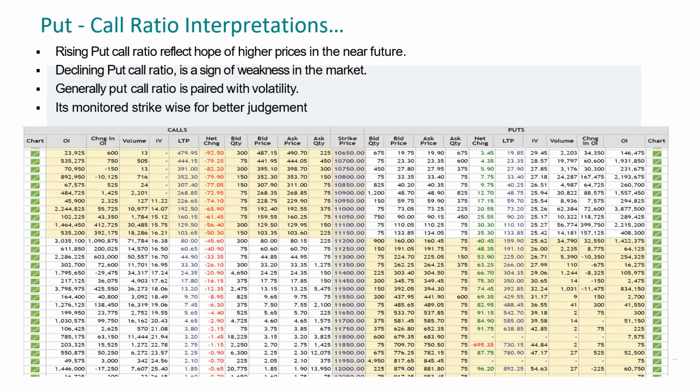Yes, this ratio always works for support. This works as an immediate support and resistance. Like I said, it's not for positional bets. It's only when you are going live with your trades. You have just placed the trade, you are live in your trade and you want to see where the immediate resistance and immediate support is. PCR helps you a lot. If you want a positional, maybe a longer support and resistance,